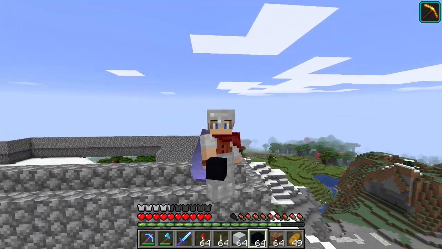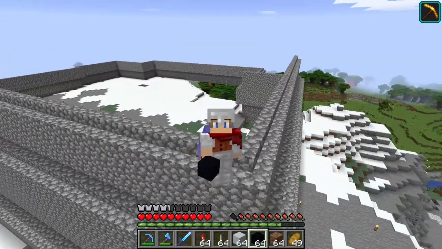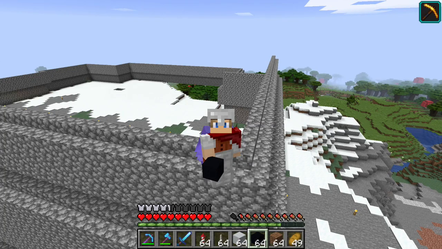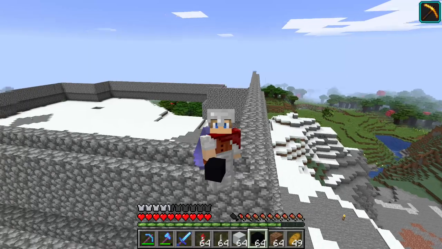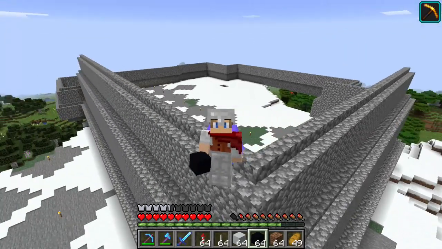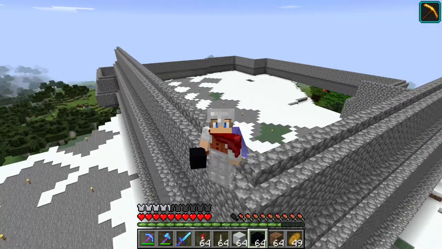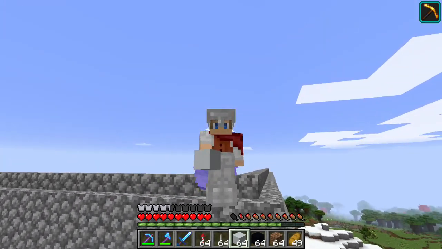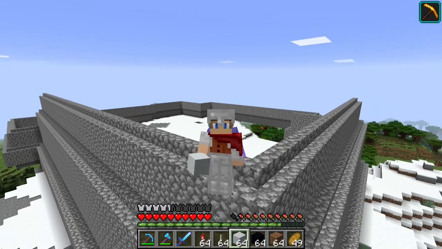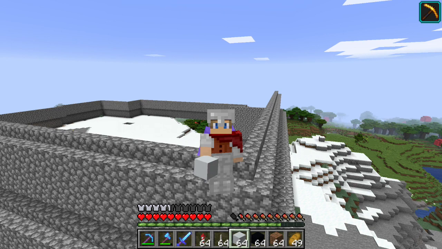As you can see, the last episode we had just finished out the, whatever you call these, the buttresses or the foundation of the main castle structure and the couple of surrounding structures. And basically what we're going to be needing today are white concrete, which a couple episodes ago I showed you how to make a very basic